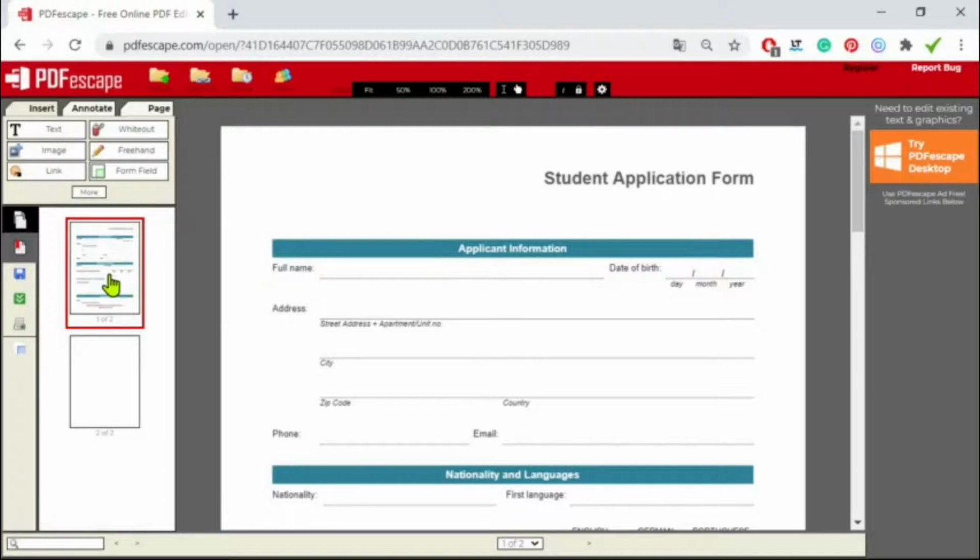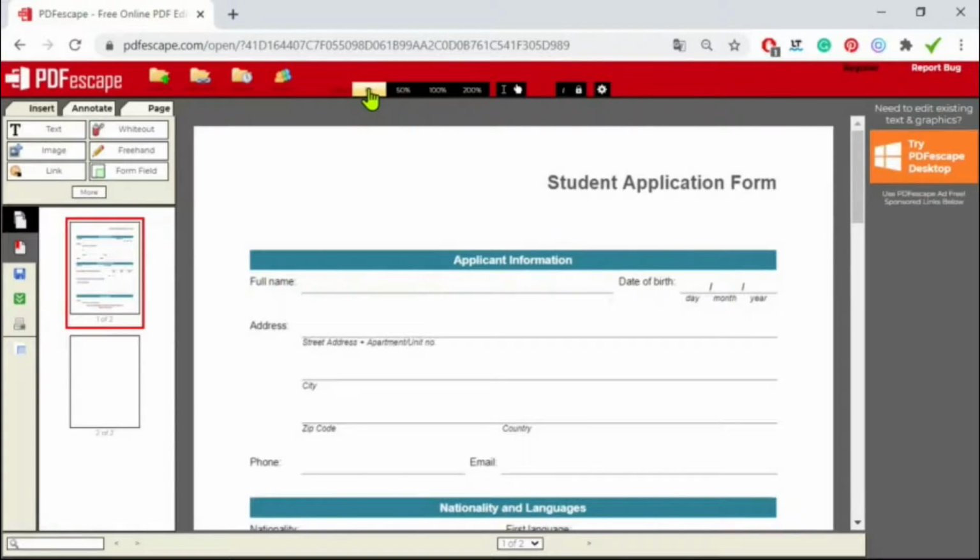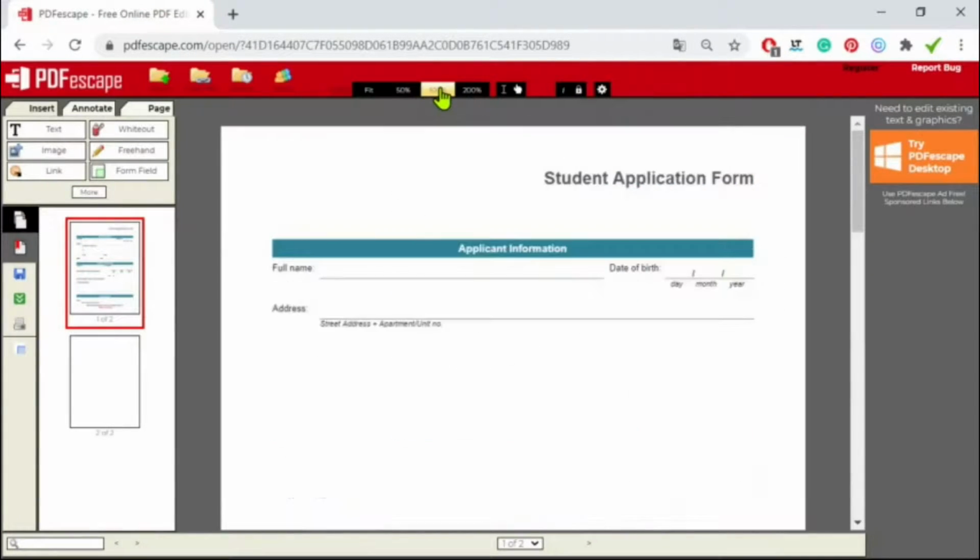Let's take a quick look at the most important features that we have on the screen right now. At the top, do you see these? We have a few options that will come in handy when we are working on the document. Let's start by clicking on Fit. This Fit button will fit the page to the screen. You can play around with these buttons to see what happens. We can zoom it out or in.